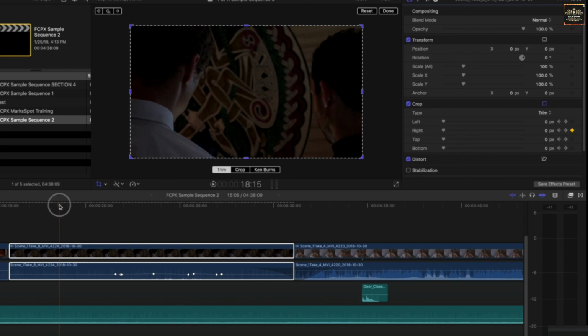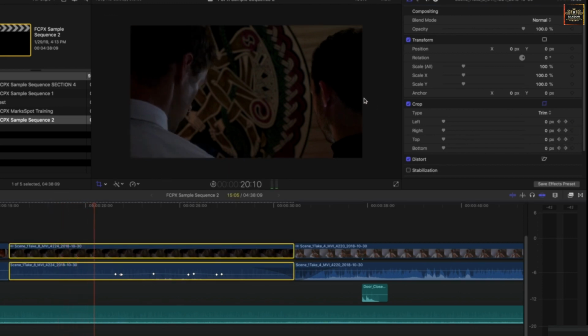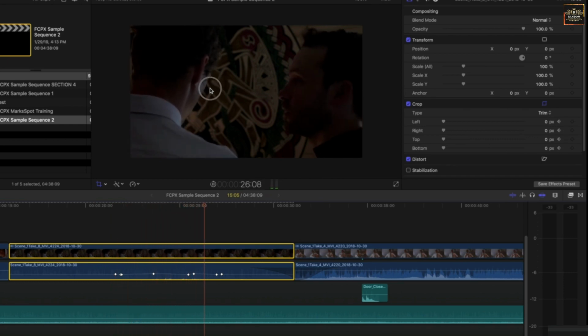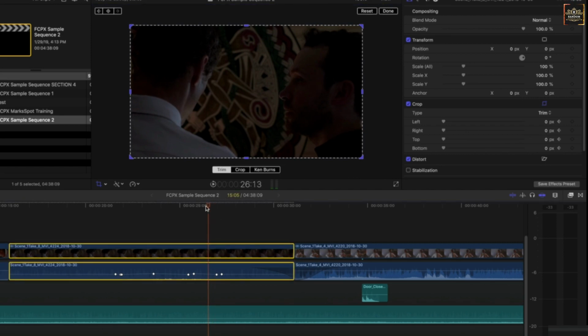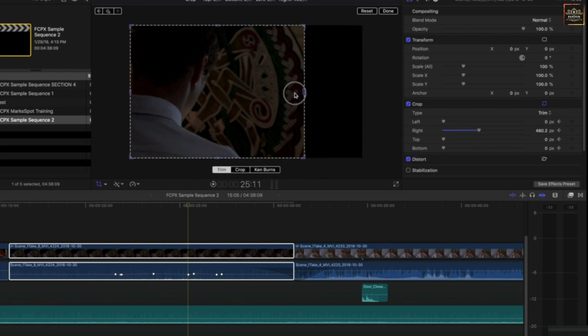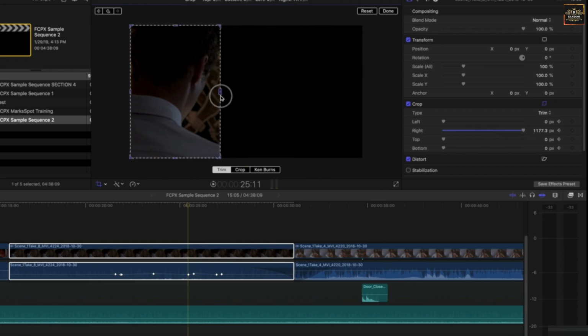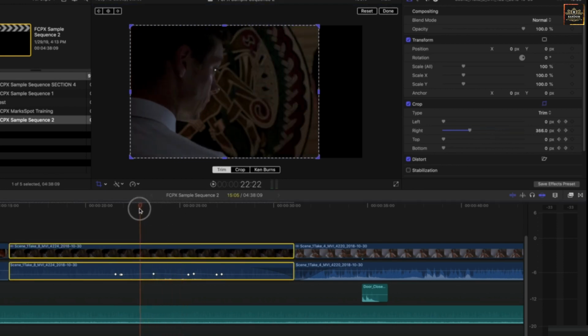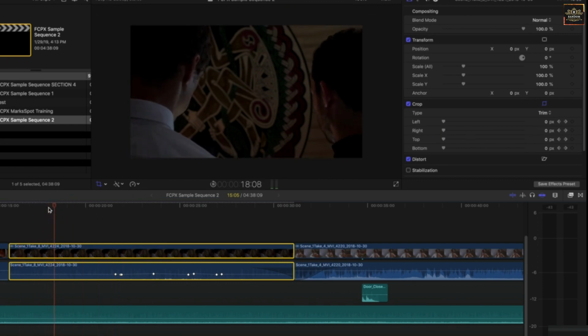And now go ahead and play forward. And seemingly this is where you'll want the crop to be happening. And then you want him to be solely in his box right about here, let's say, right before this other character's line. So if we go back right before he turns his head, now we simply grab this right side of the image and pull it to the left, and we've cropped him into his box. Now you see over to the right that slider has moved along with it. That has automatically created a new keyframe here with this parameter, and now if we scrub over to the left, you'll see that keyframe has now animated the crop from right to left across the screen